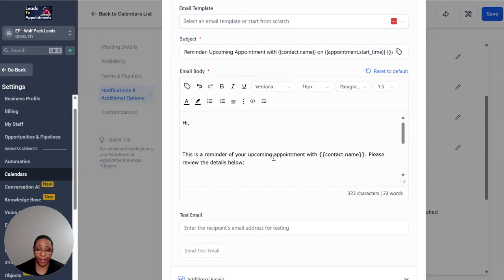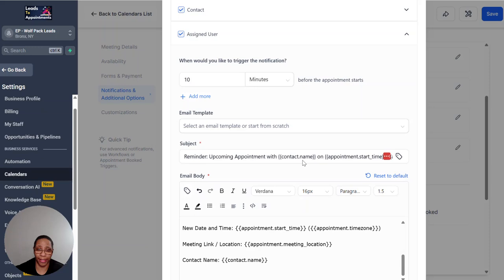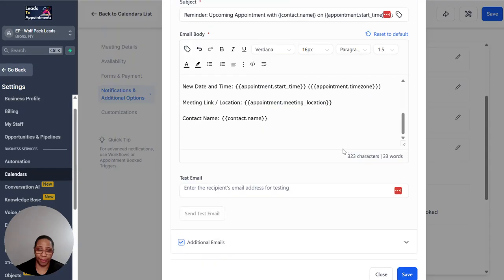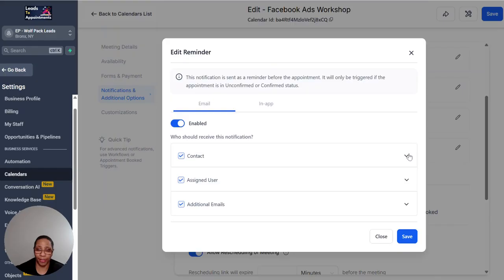So here I can have it here, test email, link, appointment time zone, appointment meeting location. It will have all that in there, given to the assigned user. Let's see, what else do I want to change in here? I can put test email, see what's going to send to me. I don't need to do that here. I can do it to the contact. This is the person